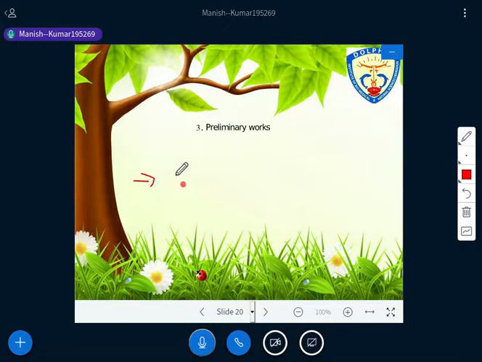As I told you, first you have to write the general information. When you select the stump, in all this field exercise, you have selected the stump, right? First job is the preliminary works, meaning first general information. General information means, as I showed in the table, location detail, name of division where the stump exists. All the general information you first need to collect. This is the first preliminary work that has to be done.